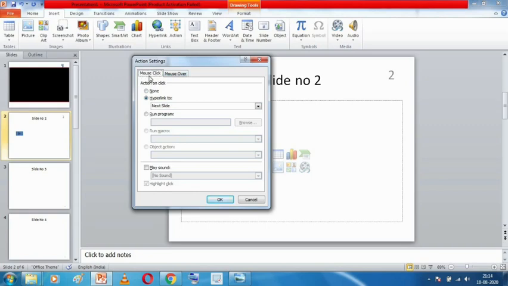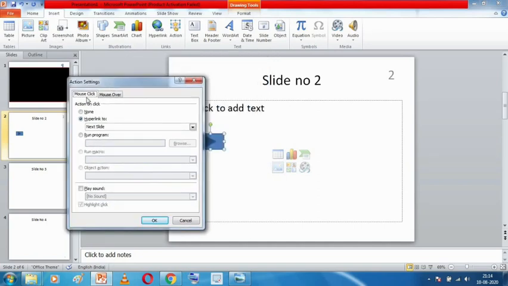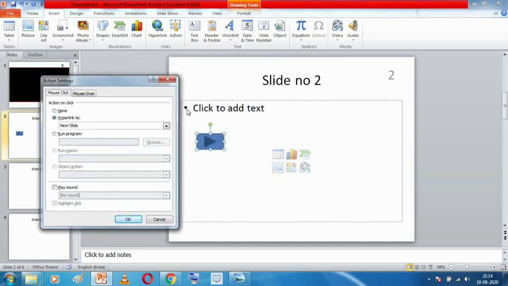The mouse click tab makes the action button perform its action only when the button is clicked. So if I choose this mouse click option, then whenever I press on this button, only then the action will take place.